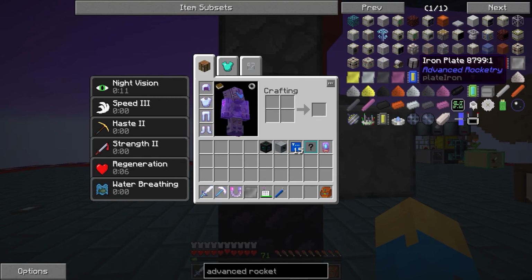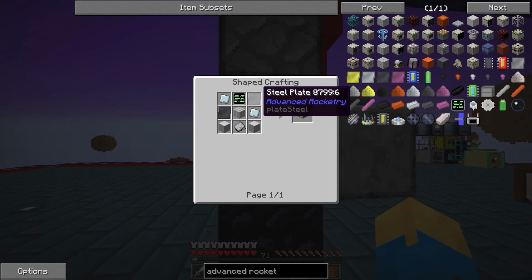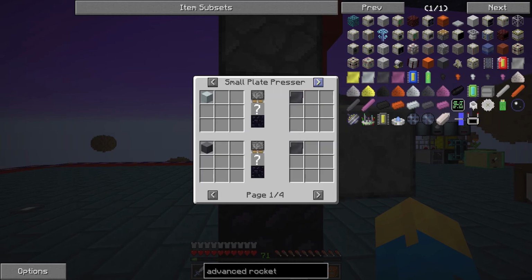Oxidized ferric sand, iron plates. Okay. So the rolling machine requires steel plates, right? Well, steel plates can really only be made in a rolling machine or with the small plate presser, which is